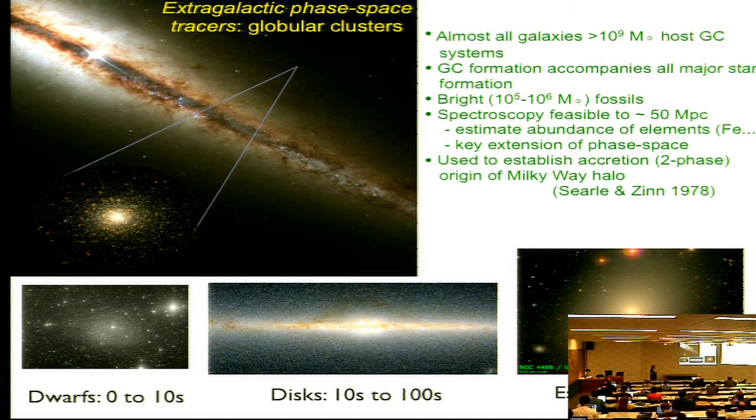So I'd like to just point out this landmark paper that we all remember from 1978, where Searle and Zinn actually used the combination of the kinematics and the chemical element abundances together to deduce the accretion origin of the Milky Way halo, basically the two-phase origin, the inside-out build-up of the Milky Way. So that leads me to my